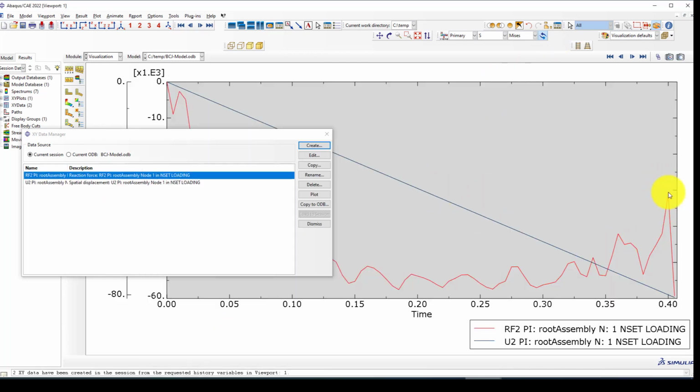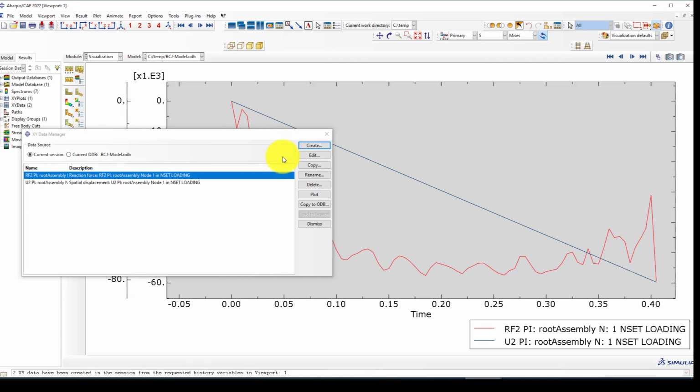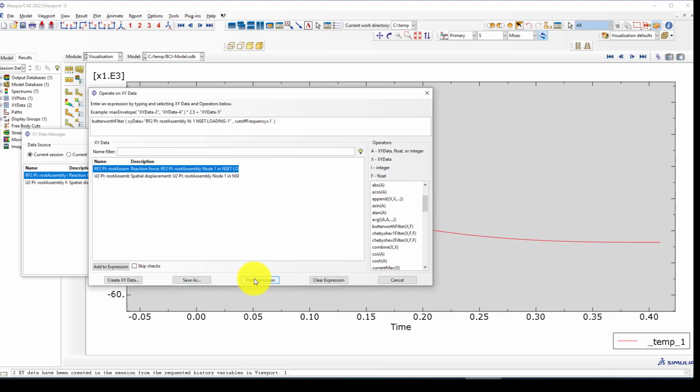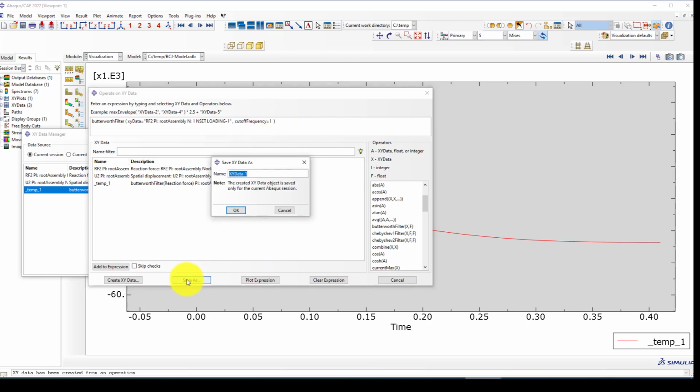Yes, we got the deterioration, and this is a little noisy because it's dynamic, so we want to use a sort of a filter. Let's use this filter, and I'm going to give the data x, y or f, and the frequency let me give 1 and see how it looks like. So this is pretty well, and I'm going to save it as RF,